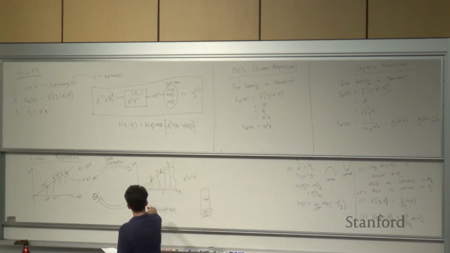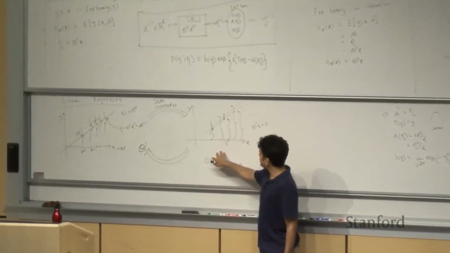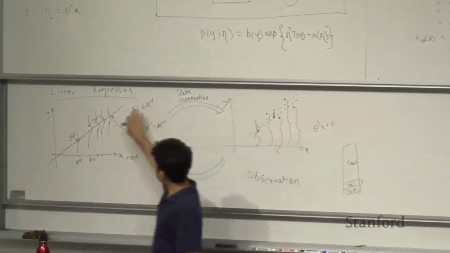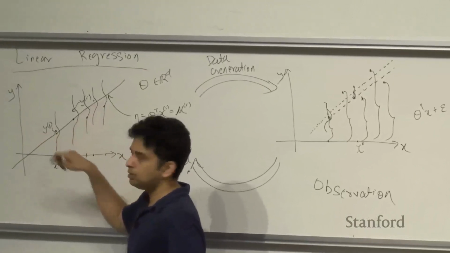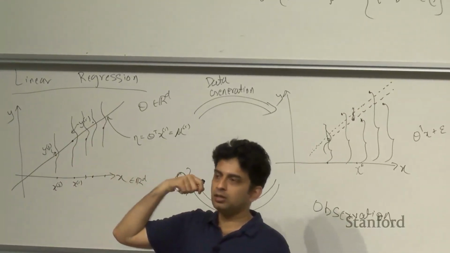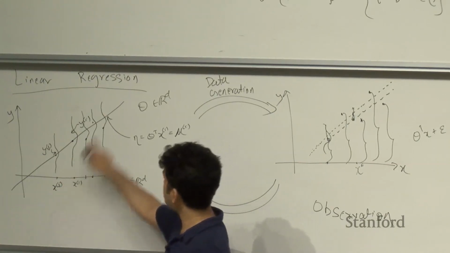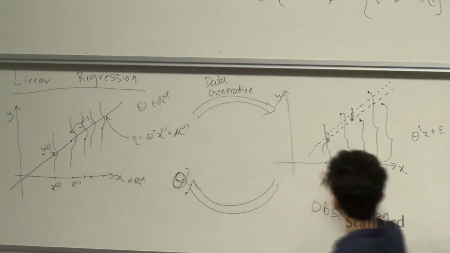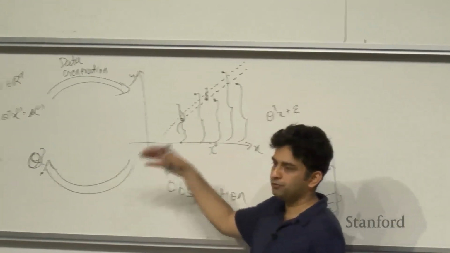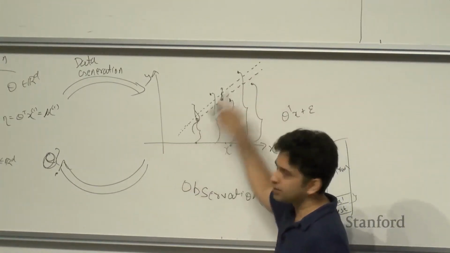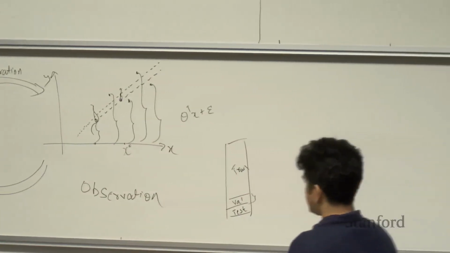This is the picture you want to have in mind for linear regression: the assumption is that there is some true theta, which acts as the mean for each yi that we're going to sample from, and the yi's that we observe are sampled from this. So there is some noise coming in, and we start with these noisy observations. The hope is that we prune away the noise and extract the signal in there. That's the picture you want to have. And similarly for logistic regression,